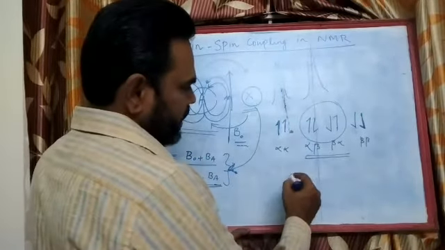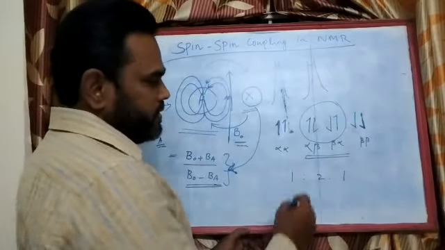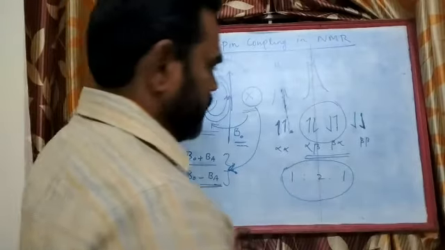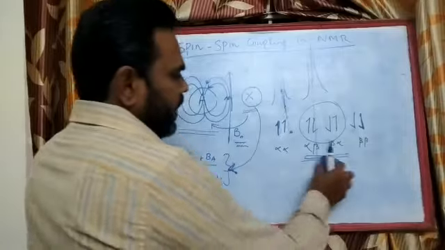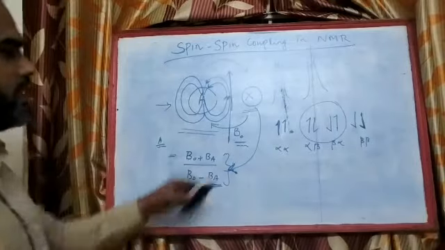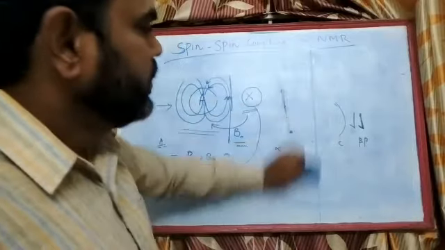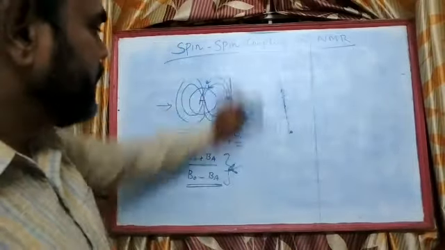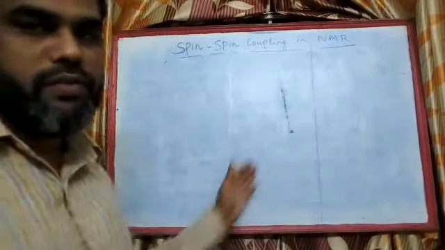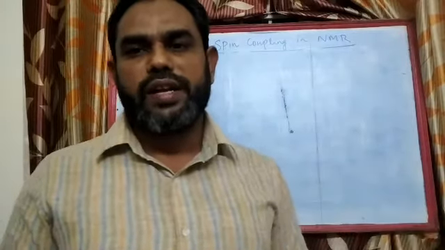So this can exist in the ratio 1:2:1. The presence of two protons will split the magnetic lines into 1:2:1. Let us ignore the intensity and see only the influence of the magnetic field exerted by both neighboring nuclei. Now, what will be the influence of the spin-spin coupling which takes place between several nuclei? The earlier one was the case of two magnetically equivalent nuclei located at different parts of a solid.